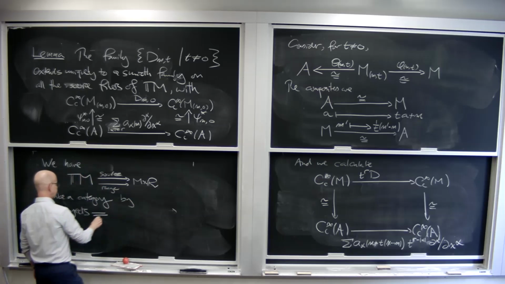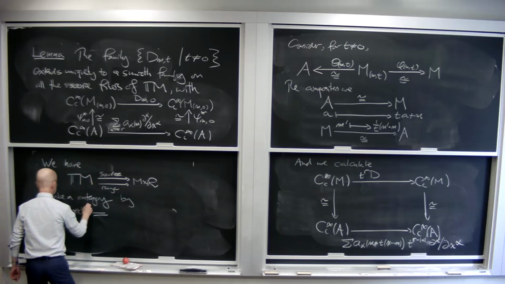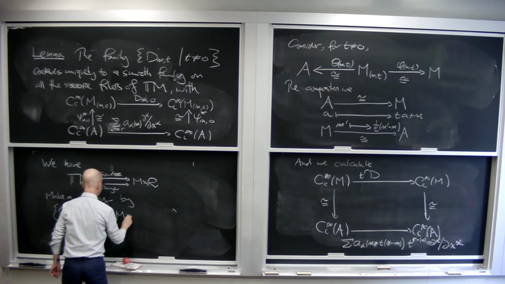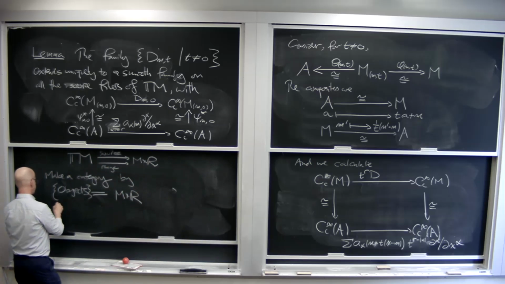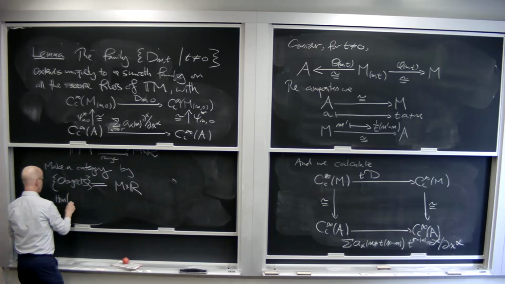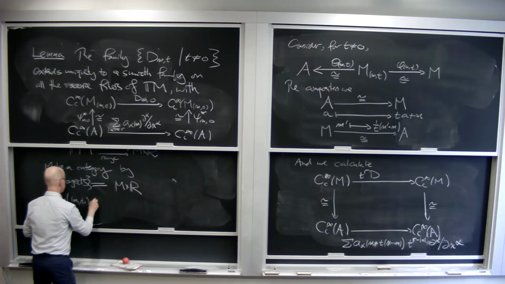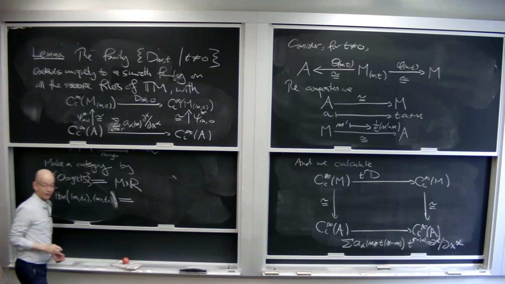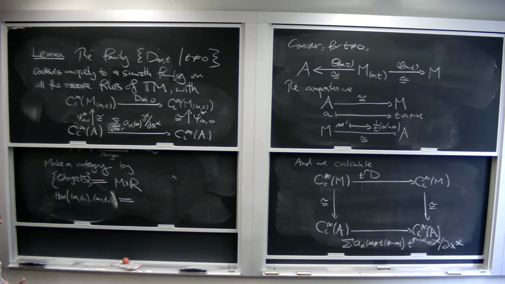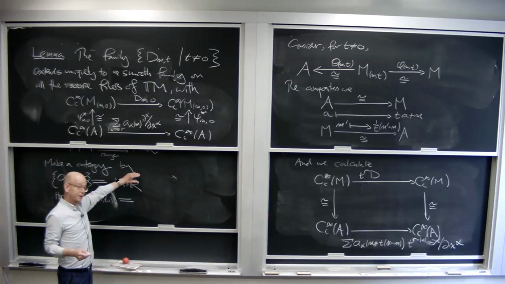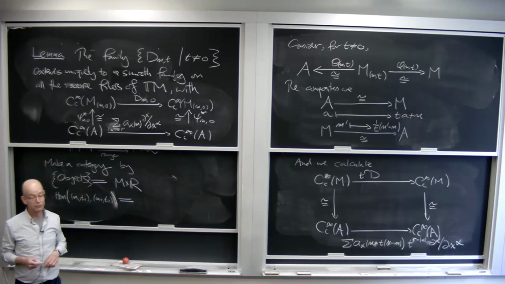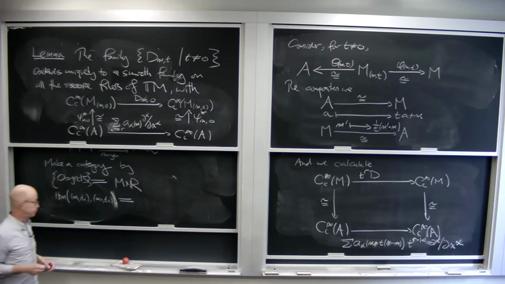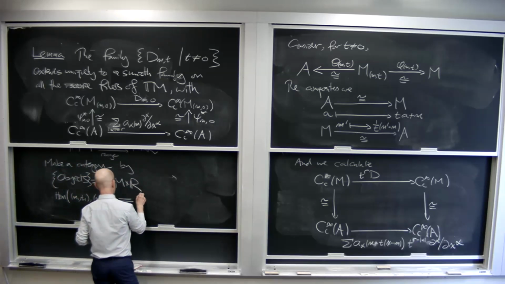Well, the objects are just going to be the set of objects, just this thing, M times R. And then the morphisms from one object to another, let's say M1, T1, M2, T2. I'm making a category, so these are just prescriptions. A category has to have a bunch of things called objects and a bunch of things called morphisms between any two objects, and then there are some more things to worry about. But anyway, the morphisms are just the set of all